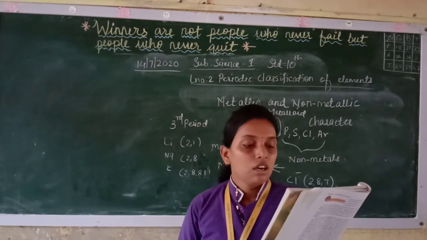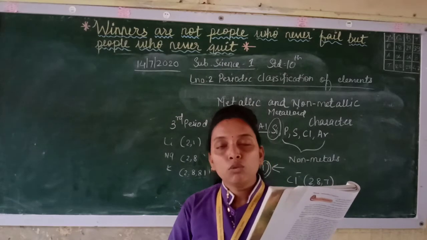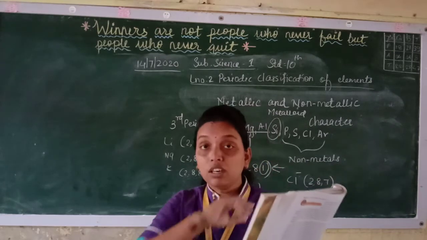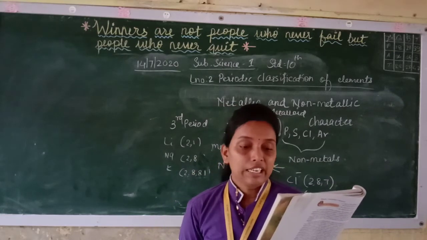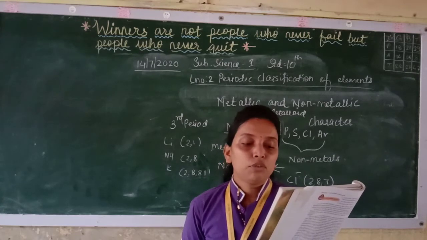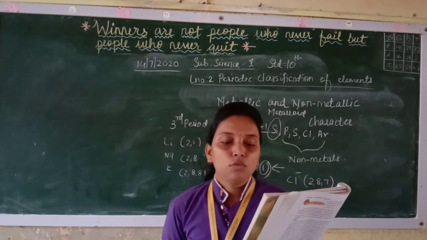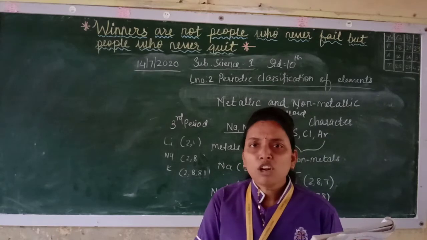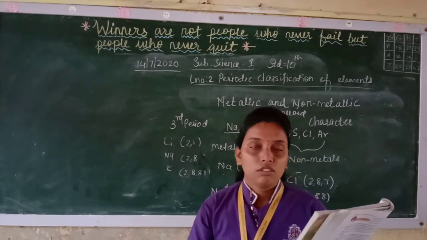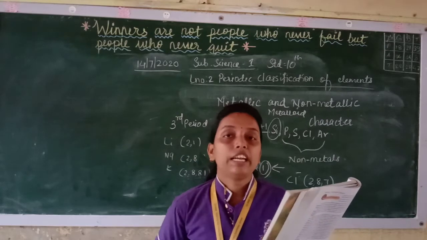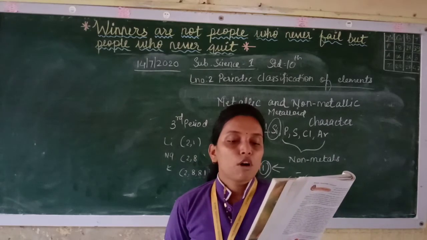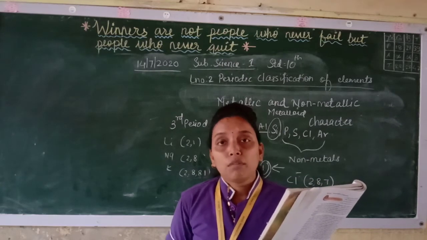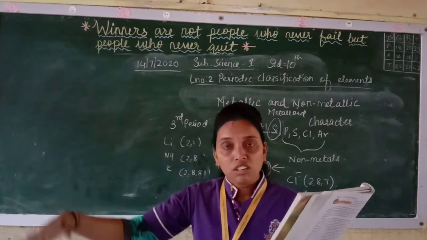They are attracted towards the nucleus. The nucleus will hold those electrons and will not let them go. This is called the electronegativity of the atom. Due to increasing electronegativity from left to right within a period, the ability of the atom to become an anion by accepting an outside electron goes on increasing. So they will not lose electrons, instead they will take electrons, and that is why they form anions, negatively charged. The tendency of an atom to form an anion, or electronegativity, is the non-metallic character. So non-metallic character is increasing from left to right.